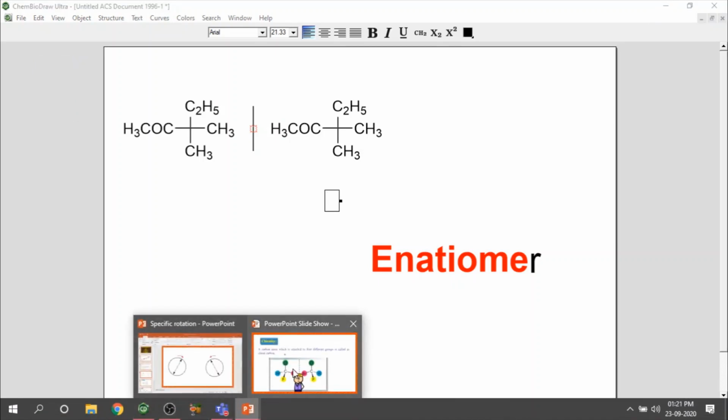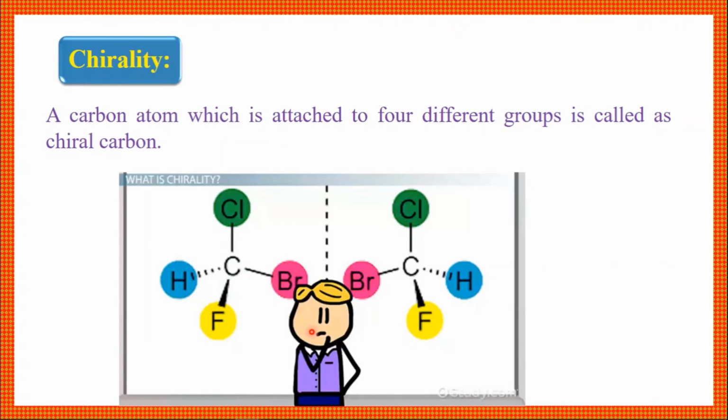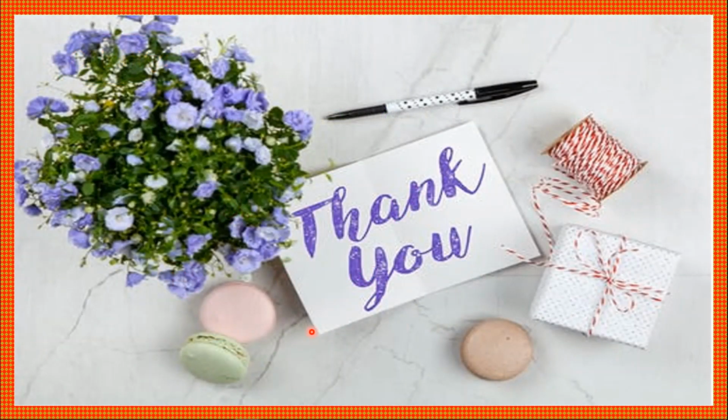Now, any doubt regarding chiral compounds and enantiomers? Did you understand everything? Good, very good. Thank you. In the next lecture, I will share a link to Google Classroom. I will prepare the Google Classroom and upload some assignments on it. You have to solve that assignment, and if you have any doubt, you can ask me.